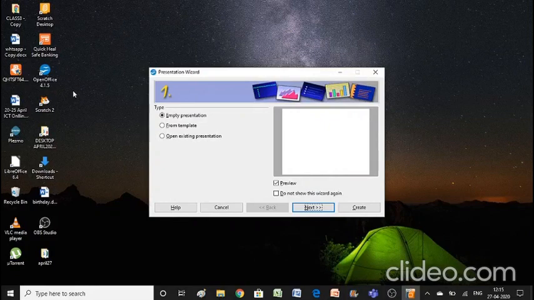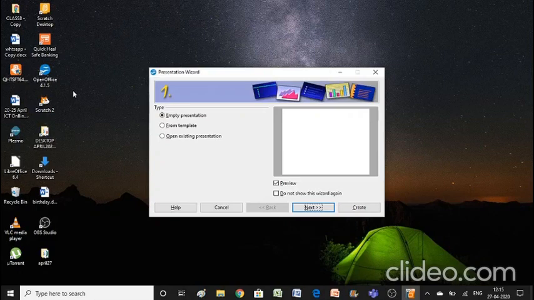To create a presentation, we need to include a theme in it. Now what are themes? Themes are actually a combination of various formats such as background colors, the font styles, the text color, the text size, what we have to use in a slide. So these are called themes. Theme can be included in our Impress with two methods.